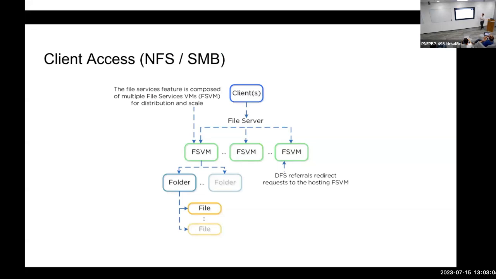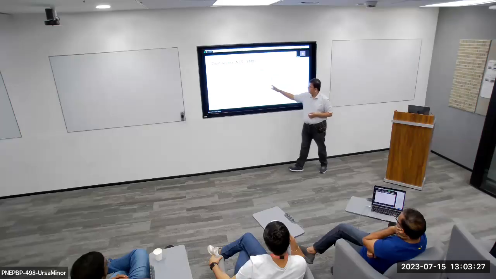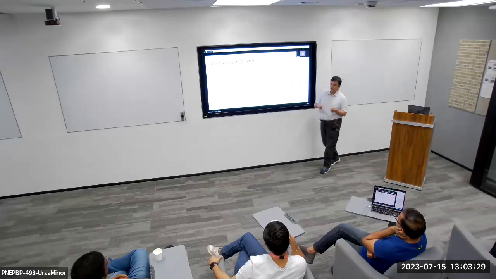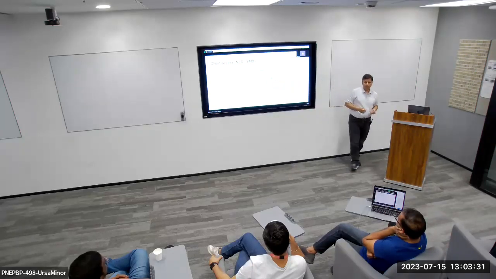So when we talk about files, it is essentially a NAS box, right? It is giving you NFS and SMB access, or multi-protocol access. The client will talk to any of the file servers, and the file server builds this directory hierarchy, or namespace hierarchy, which is exposed as shares that NFS or SMB clients can access, right? At the file server level, it's a clustered solution. It's a distributed system.